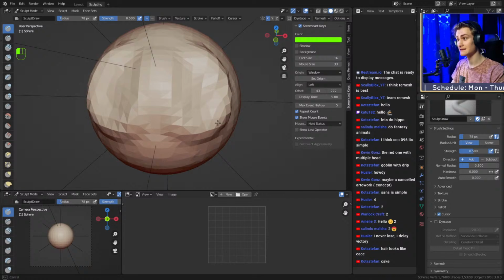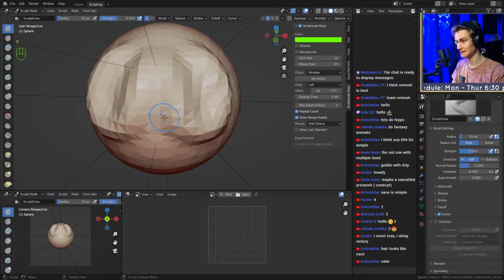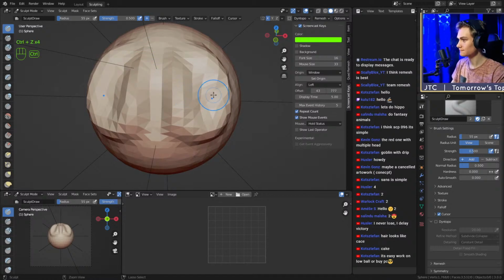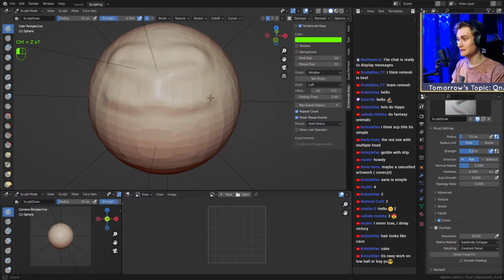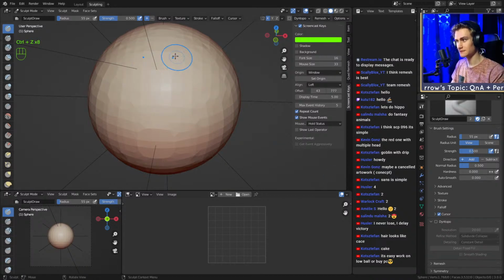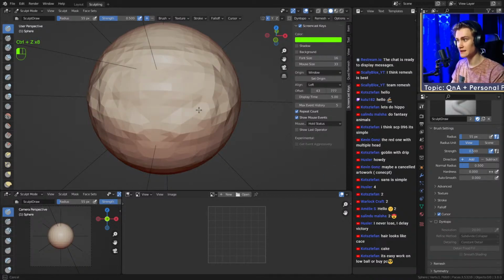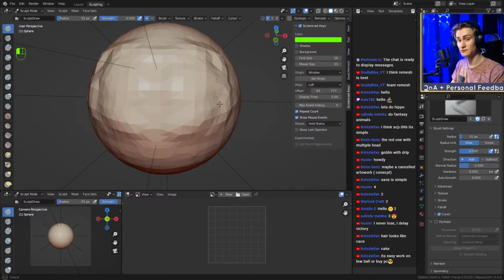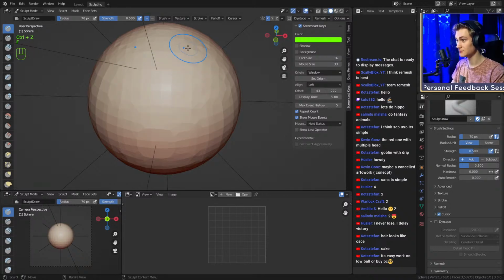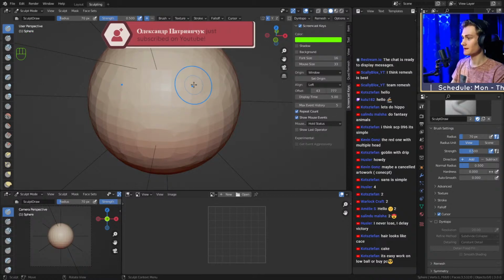If it's not lagging, then I have a solution for you that hopefully works, okay? For one person, it has worked, and I think it should work for you too. If you can sculpt, if it's not lagging to an extreme amount, so that it's not too hard to sculpt, then I have a solution for you. If that's not the case, then